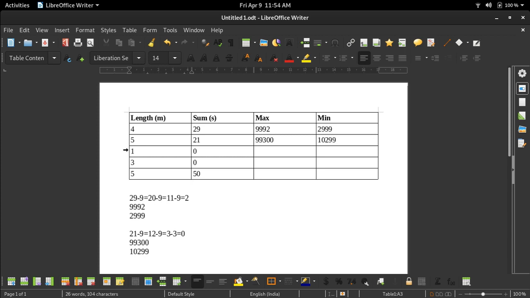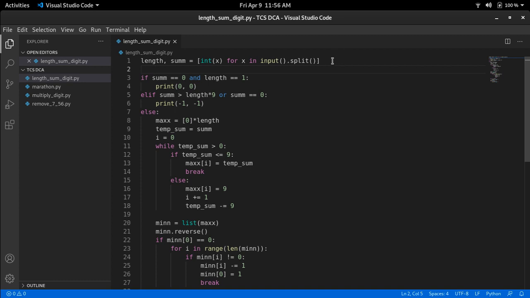Now these 3 are the corner cases, which we will be discussing while explaining the code. So let's go to the coding part of the problem. On the first line, we have just taken input: length is m and sum is s, taken as integer numbers. In these if and else conditions, we have taken a few corner cases, which we will discuss now.